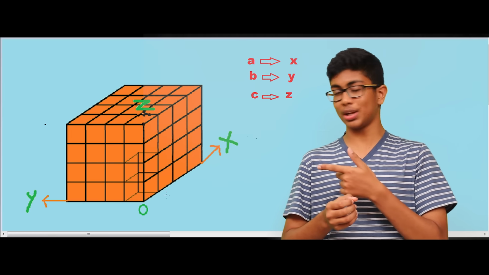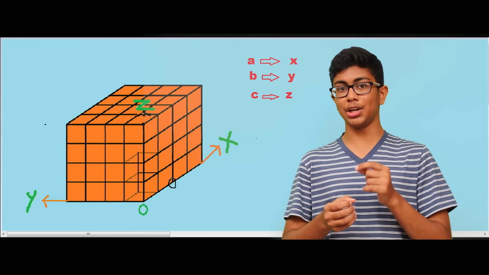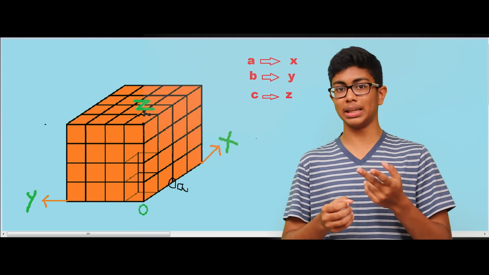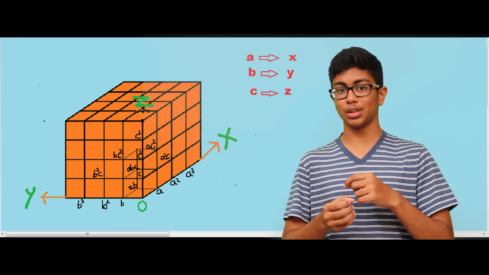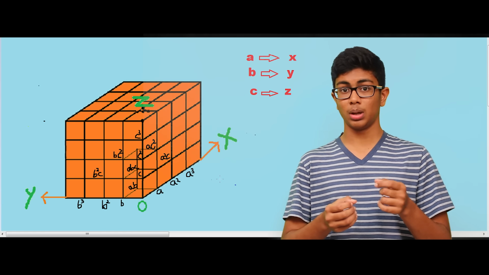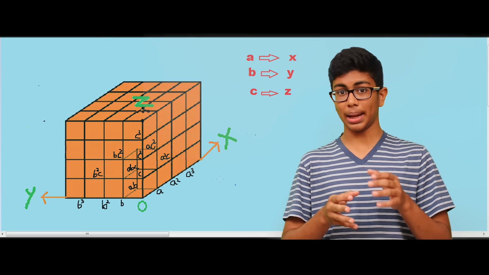So the code for that point there is going to be A into A, since we have to move A twice, and so it's going to be A square. And filling up for other points, we get this. Now, here comes the tricky part. (A plus B plus C) to the power of n is just (A plus B plus C) into (A plus B plus C) and so on n times, right?